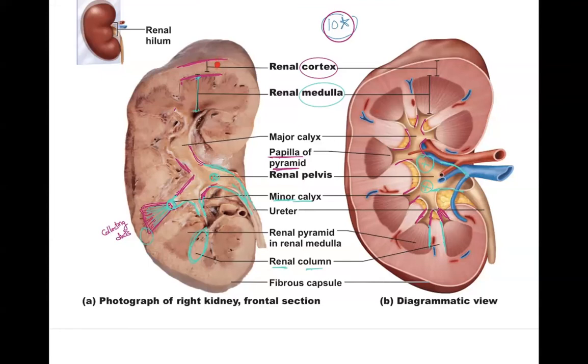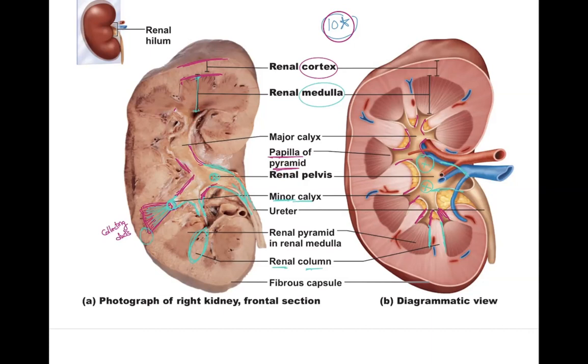As we've learned, the kidney has 2 main components, an outer layer, this is my renal cortex, and an inner layer, this is my renal medulla. At the junction between the renal cortex and medulla, we've got the triangular shaped structures on here. Those are my renal pyramids. The tip of the pyramid is what we call the renal papilla or the papilla of the pyramid,